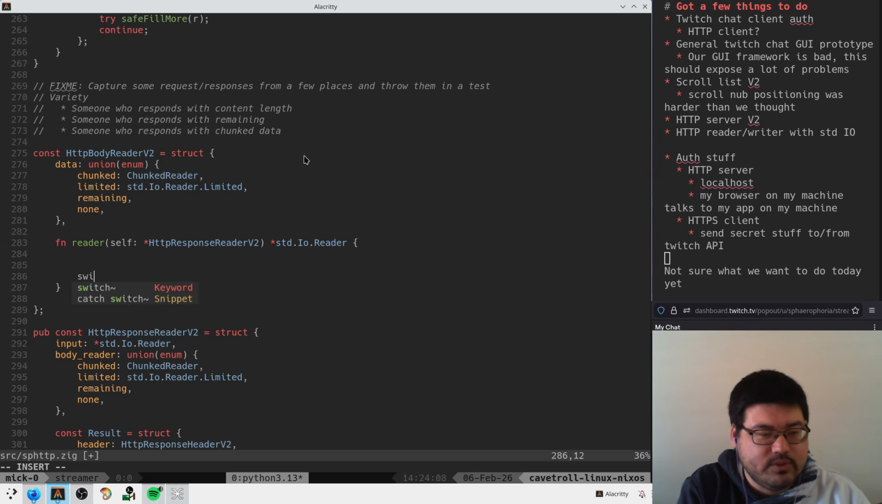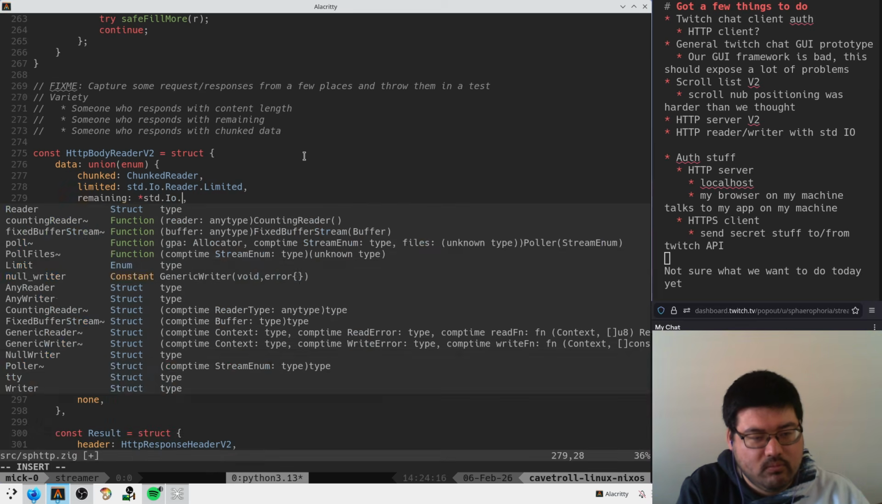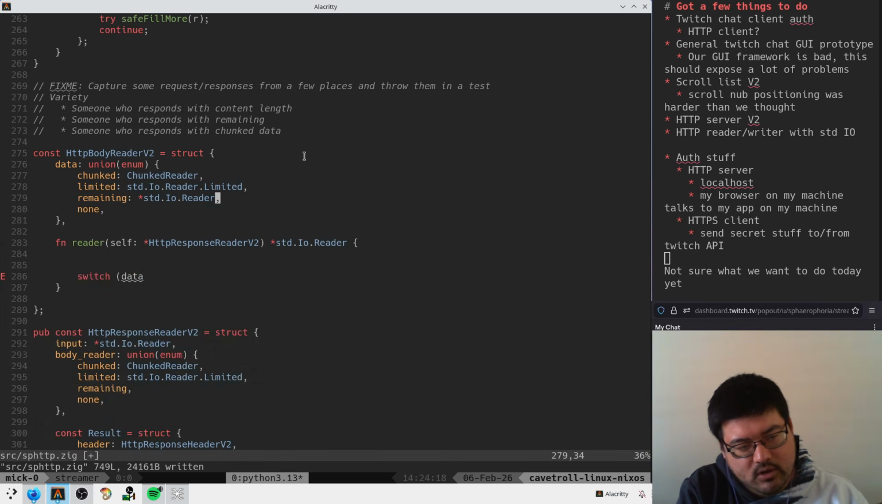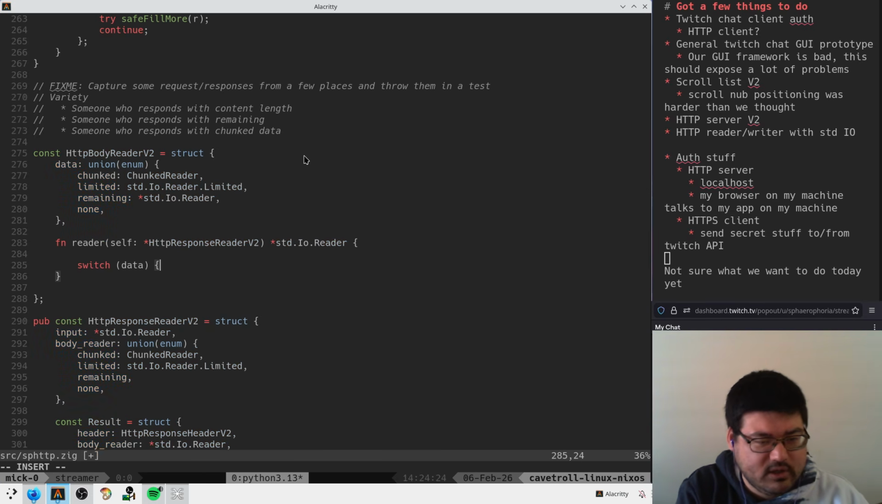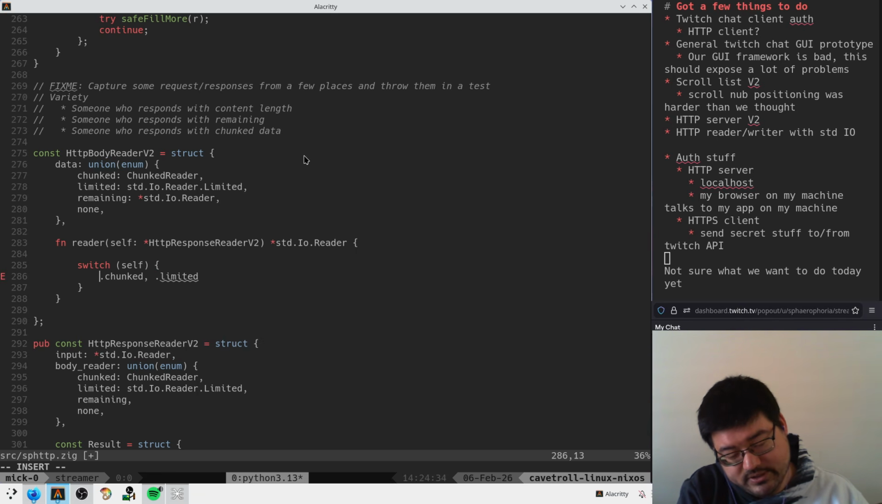Switch on data. And I guess it's like this. Probably something like this. I don't know. So if it's chunked or limited, these are the same, right? So this is